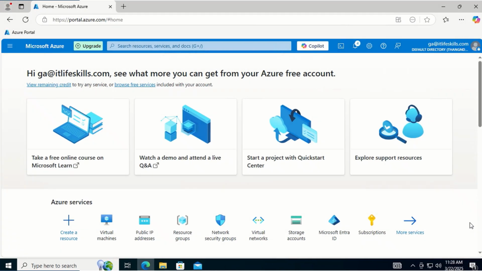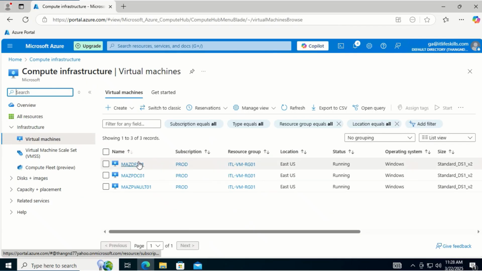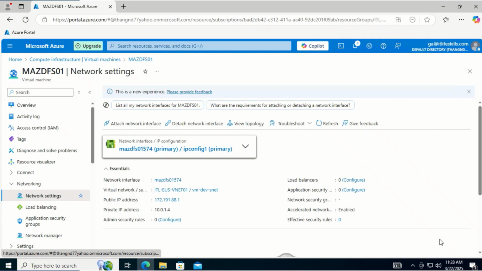Let's check the network settings of the server MAZDFS01. To do that, we open virtual machines, then open the server, then click on the network settings. As you can see, currently the network interface of the server MAZDFS01 is assigned with the public IP address